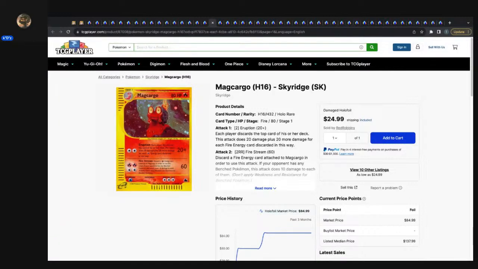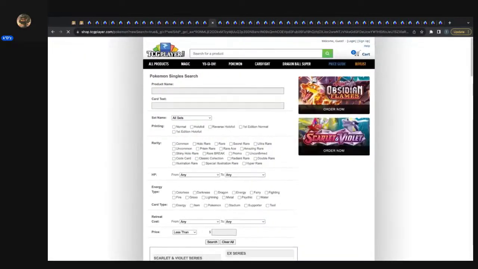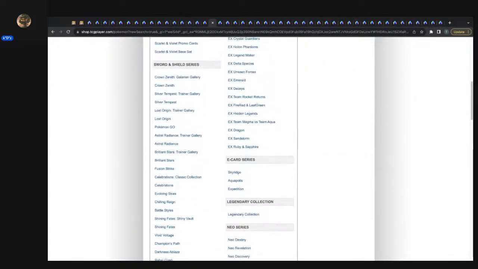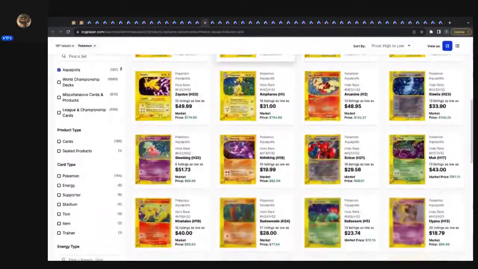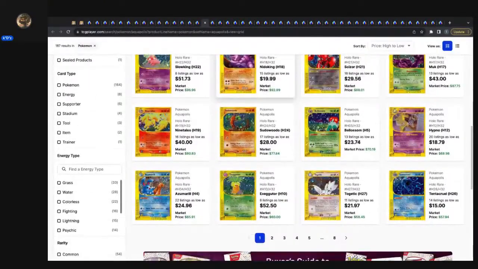Oh, I can't think of it. I'd have to go to the advanced search over here. Okay, Aquapolis and Expedition. We might be able to find one. Aquapolis. Okay, so the market price on that Blossom is